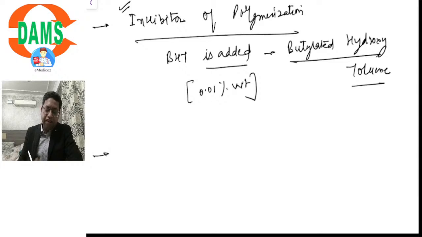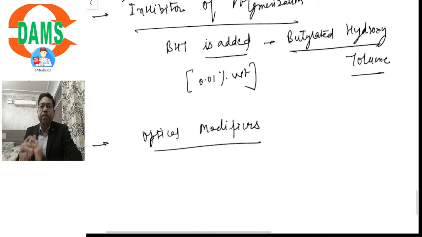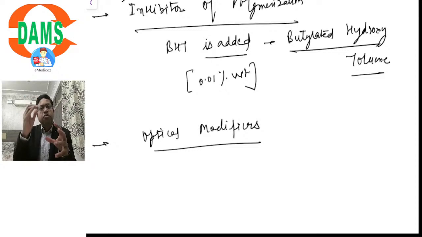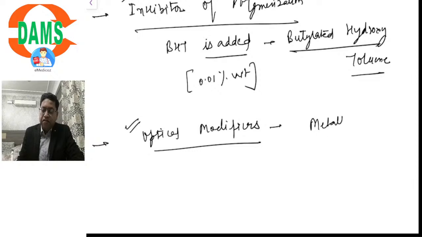And then finally we have got optical modifiers. You know that dental composites are highly aesthetic restorative materials. Have you ever thought that when the basic composition of all the composites remains the same, like they would be having the same matrix, the same fillers, the same coupling agents, and the same activator and initiator system, how are they available in different shades? They are available in different shades because of the optical modifiers like various metallic oxides